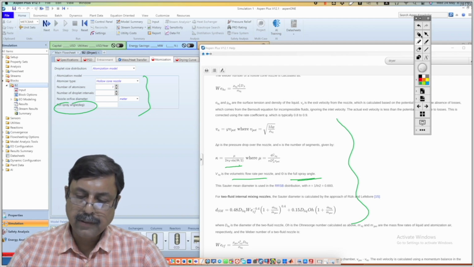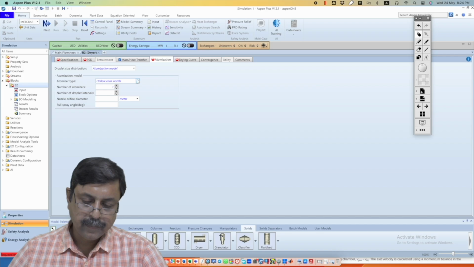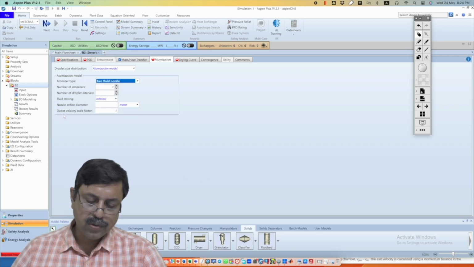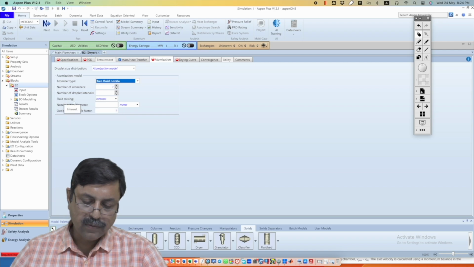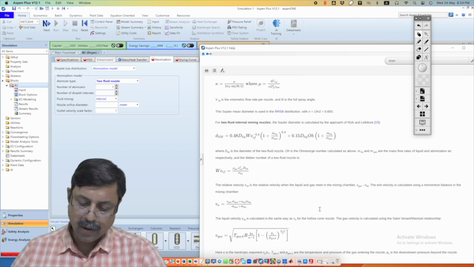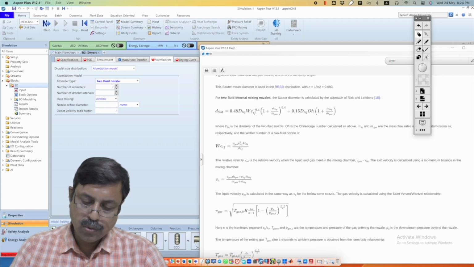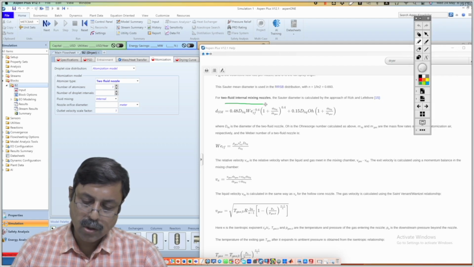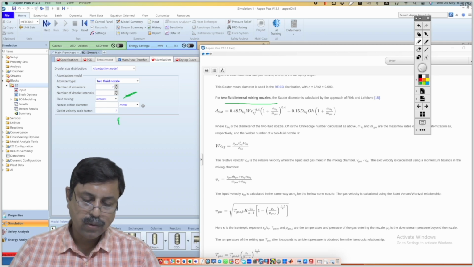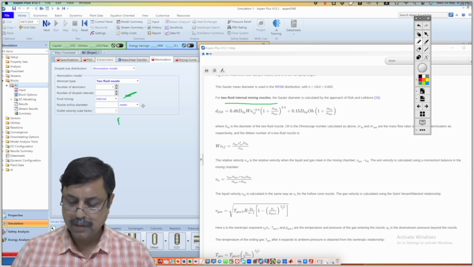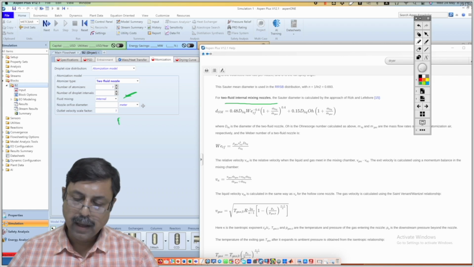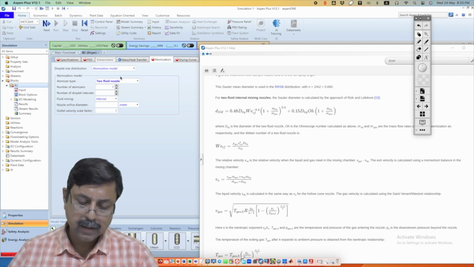Okay, so this is the hollow cone nozzle, and there are two fluid nozzles also. For that, you have to give extra information on fluid mixing and how they are calculated. You can find it from here. Two fluid internal mixing nozzles. Okay, so with some extra parameters such as these two, you can calculate with the help of Aspen Plus. And the next one is the